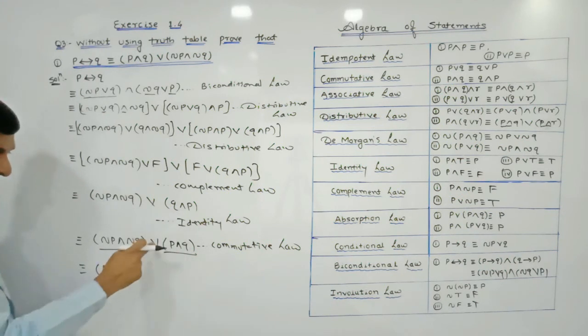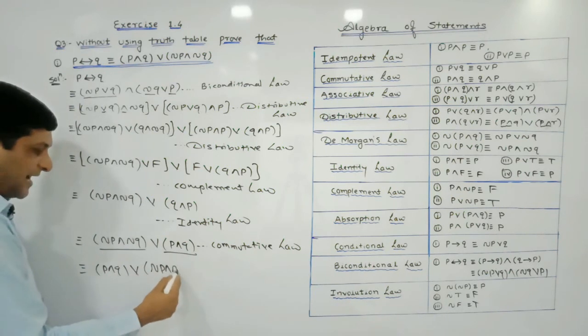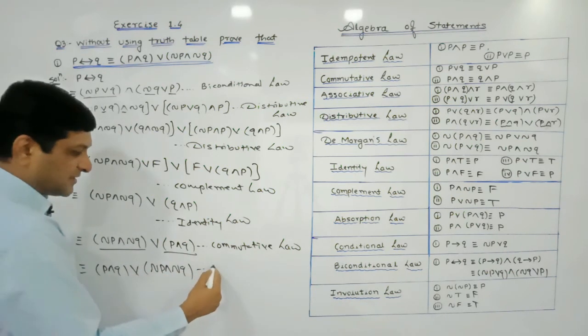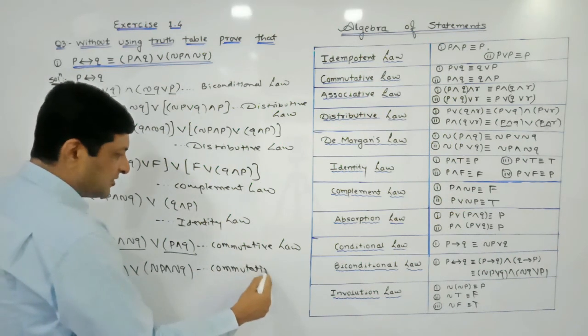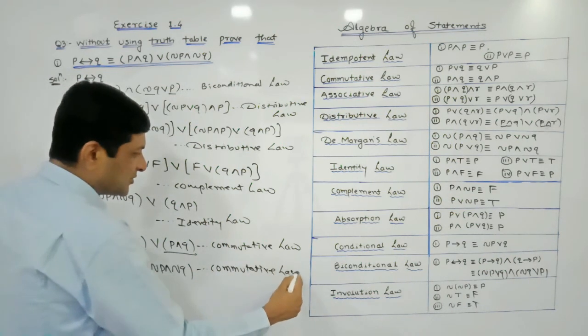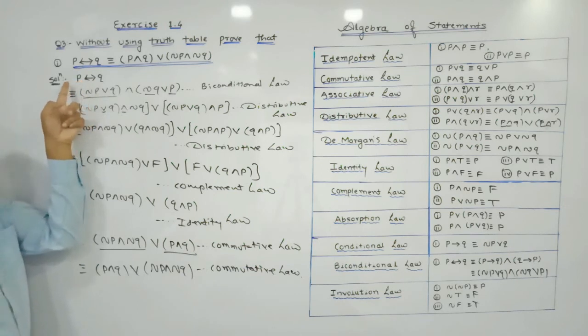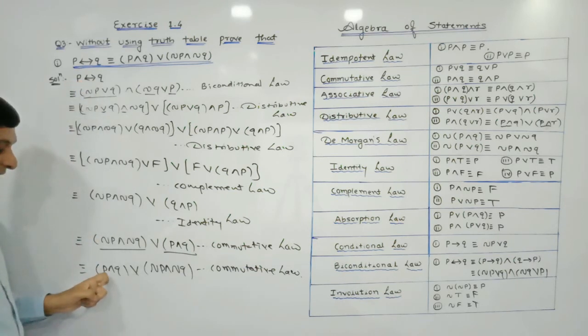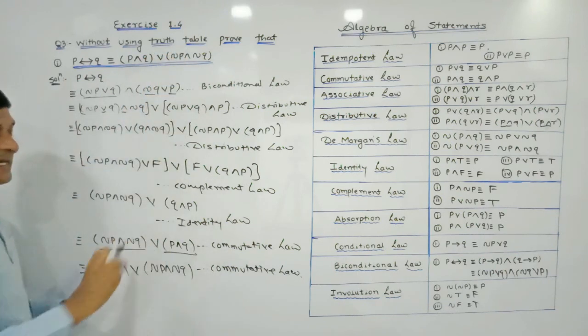First write down this letter or keep it as it is, then write down the second statement, negation P and negation Q. And this result also we are getting applying what? Commutative property. In this way, making proper use of this important law, we have shown that these two statements are equivalent. Means we have shown that P if and only if Q is equivalent to P and Q, or negation P and negation Q.